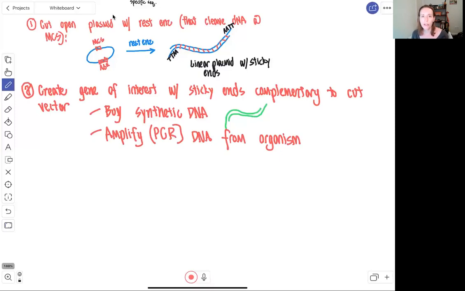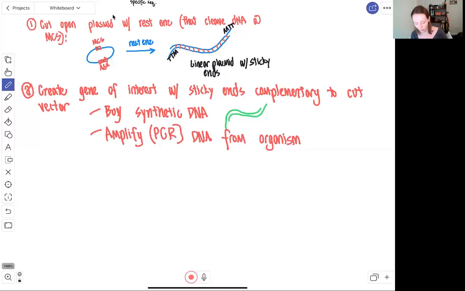So I'm not going to go into PCR, but think of it as a DNA copy machine where you can take a few nanograms of DNA and amplify a specific targeted sequence, such as the sequence of a gene, by many millions fold to create a large amount of that particular DNA sequence of interest for cloning into